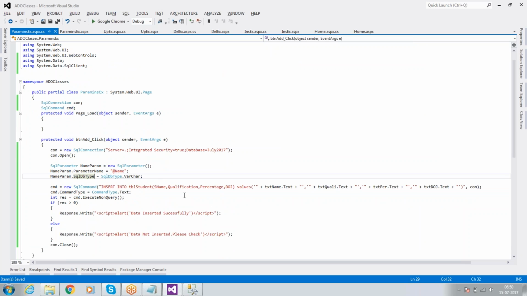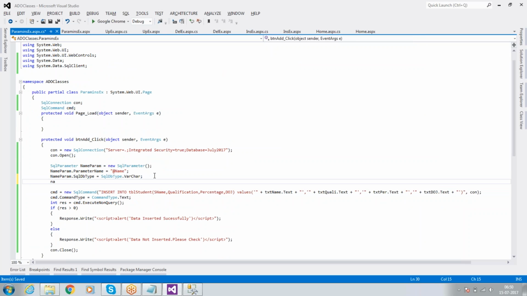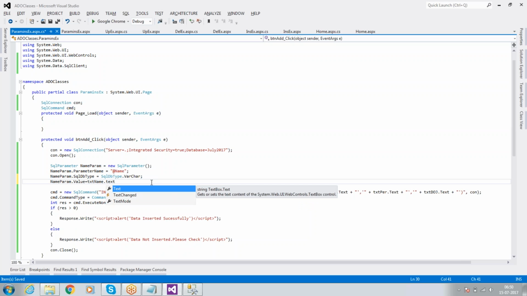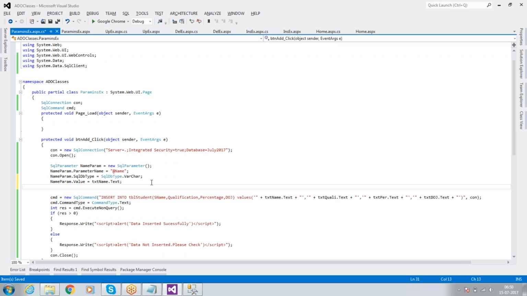Okay, so now nameParam.Value equal to, this value is coming from txtName.Text, right? We can use txtName.Text